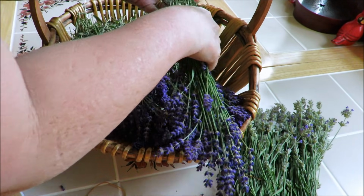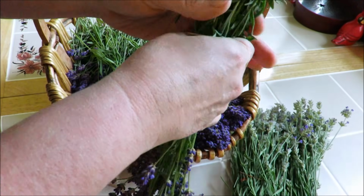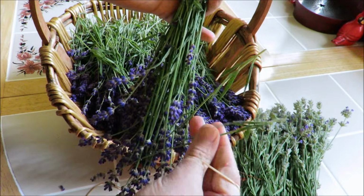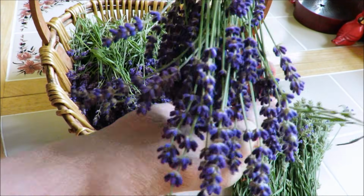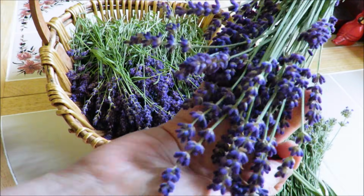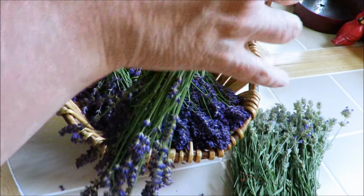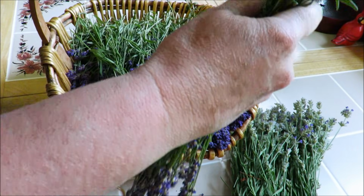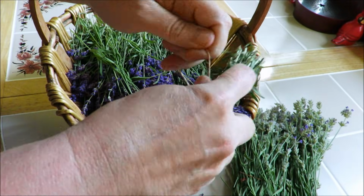So if you wanted a straight lavender for something you were making, then you would have curls and tips of flower buds that didn't look nice and straight for you. And I just take the elastic band, go around a few times,